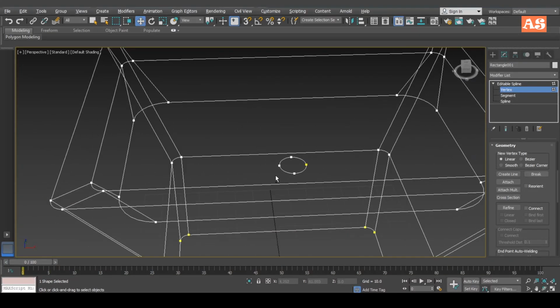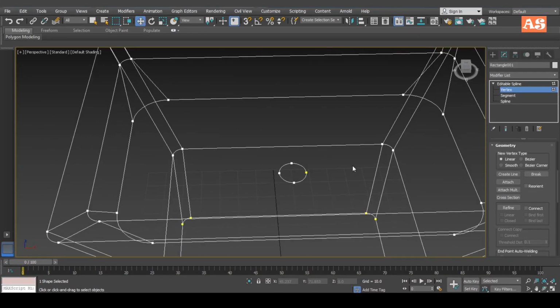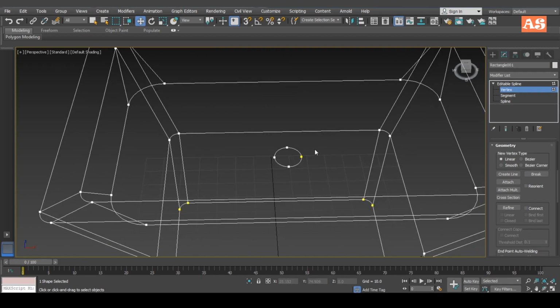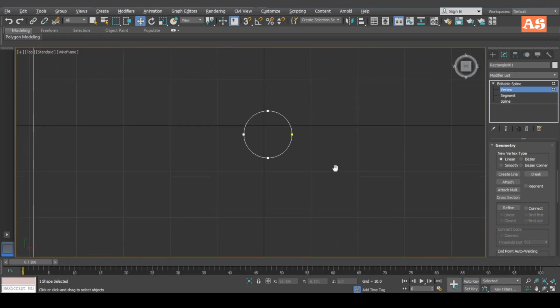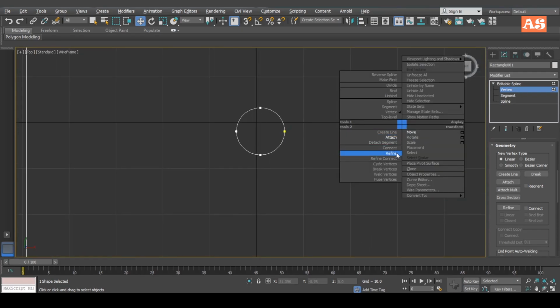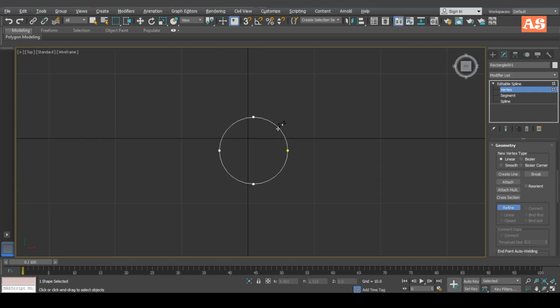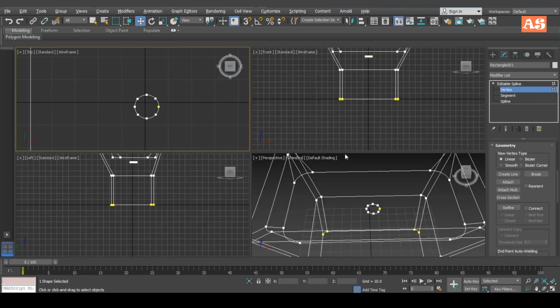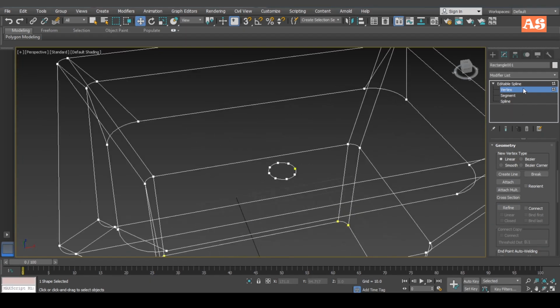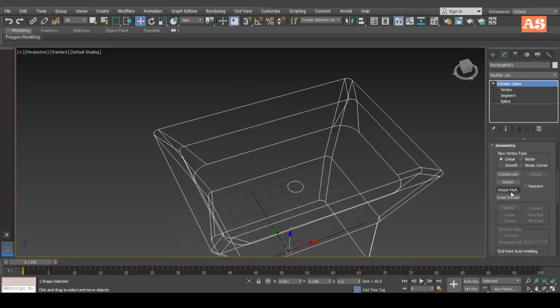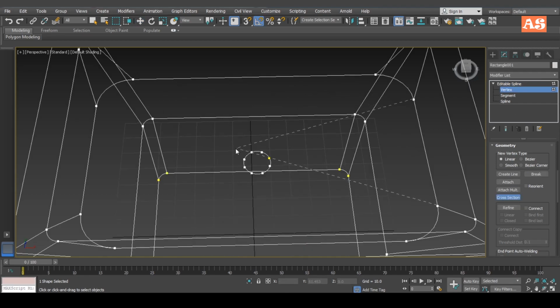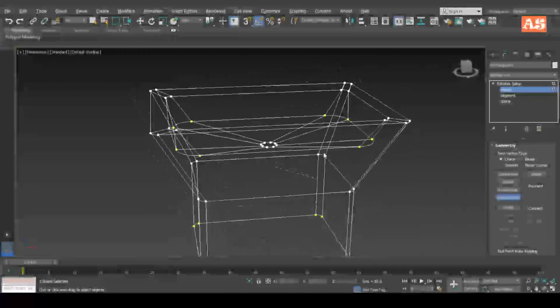Now the connection will not be created between this rectangle and this circle because the number of vertices is not the same in this case. So we need to increase the number of vertices in this circle. So how can we increase? Right click, select Refine, and then click on the line wherever you want to add the vertex. Then again we need to go to the Cross Section command, click on this and again this, it will create a connection like this.